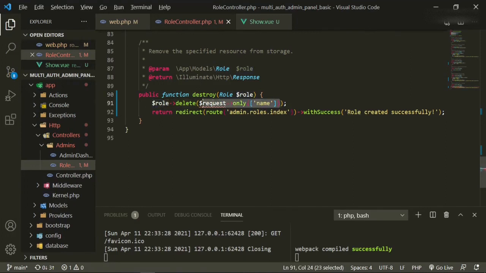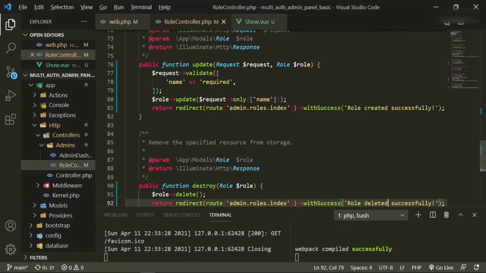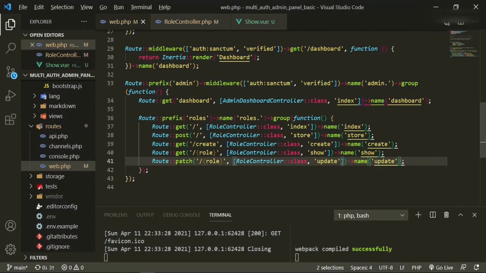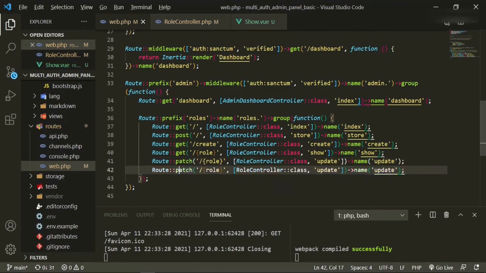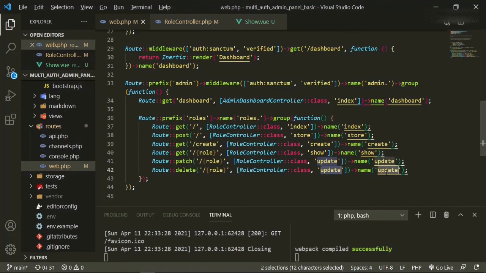And then we can get rid of this stuff in here. And then we'll return back with success role deleted successfully. And let's make sure that we change this as well, updated successfully. Okay, so now if we head into the web.php, we can take this and copy paste. We'll say delete, and the method that we're using is destroy.